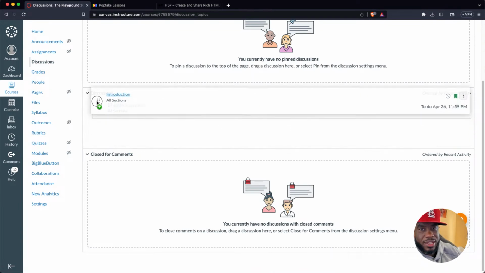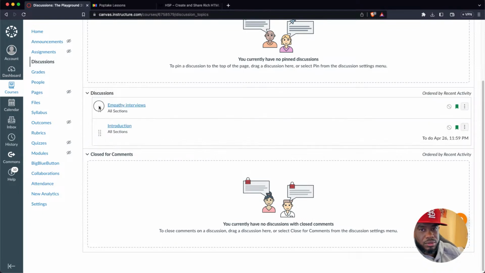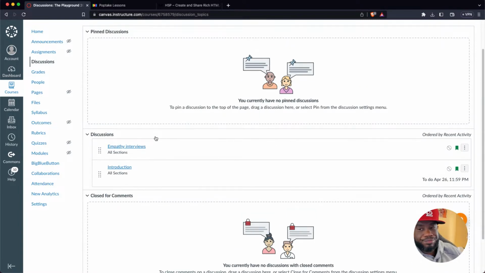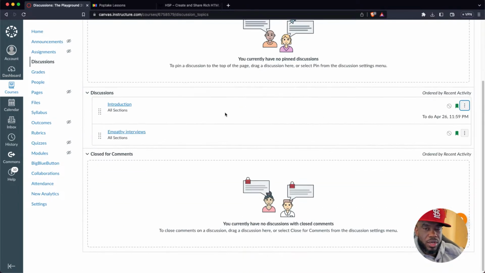I can also take it and move those up. Come on. Do what I want to do. Move it down. Oh, why you got to be? You usually can order those. But the other thing you can do is say, you know what? I really want people to make sure that pinned discussion happened. That discussion is so important that we introduce ourselves or whatever it is. I'm going to pin that one. And when we are finished, I'm going to unpin it. Come on, really. Unpin. Thank you. And you should be able to just move it down. But it is what it is.